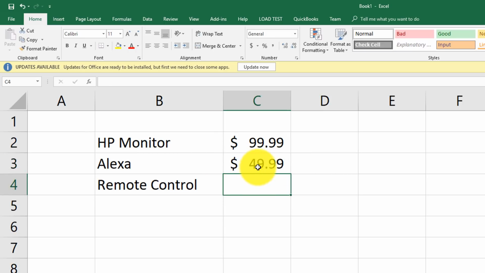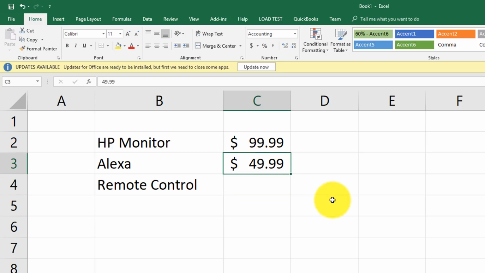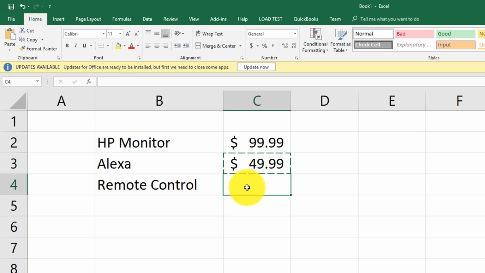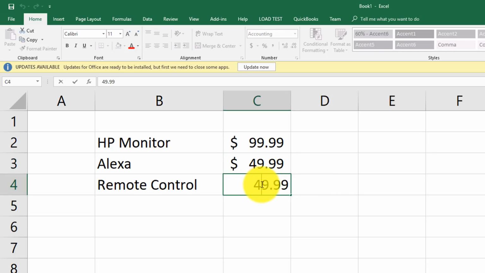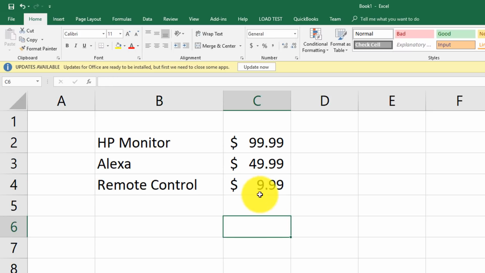But see, it copied not just the value, but also formatting, like a specific dollar value that was copied. And then the last value for remote control, let's put it at $9.99. And you see what I typically do, I just copy and paste if it's similar data, and then I just make modifications. So now let's talk a little bit, and this is the last piece of this overview,